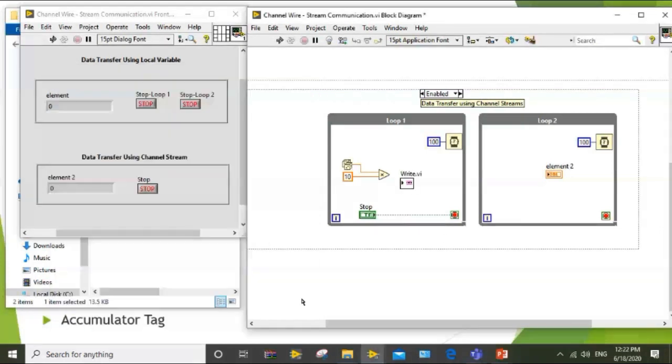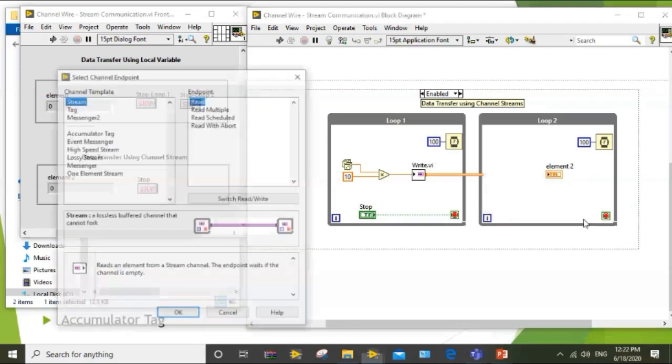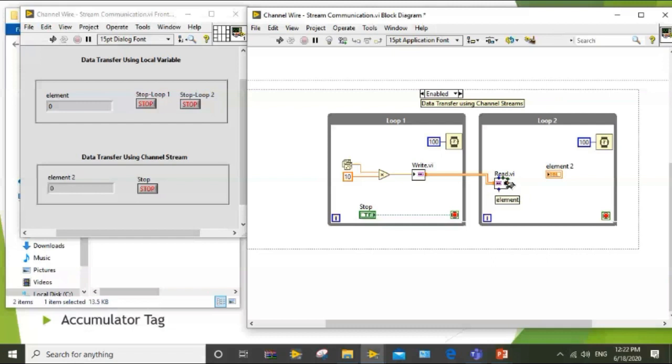I'll say okay, and I get a channel write VI. Then I pass the wire, right click here, and say create channel reader. Again it's going to be type stream and read, and we'll pass out this value to element 2.